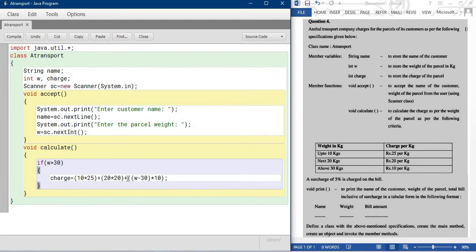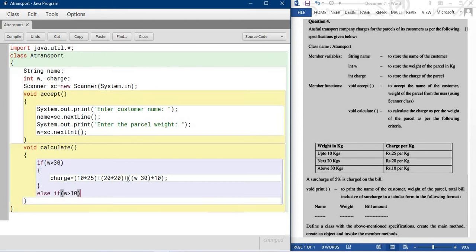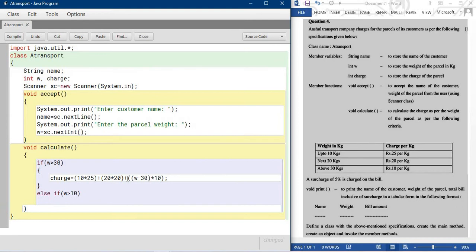Next, else if your weight is greater than 10 kg, because greater than 10 kg means the next 20 kg. This time charge is equal to first 10 kg into 25, plus additional weight minus 10 kg.